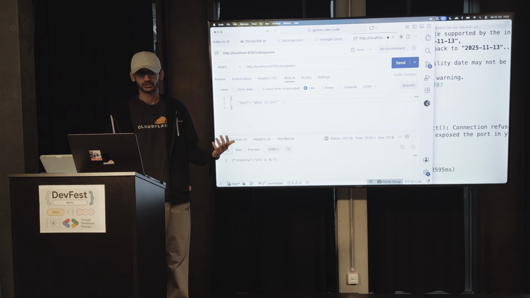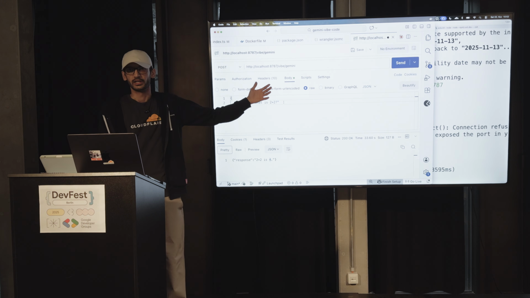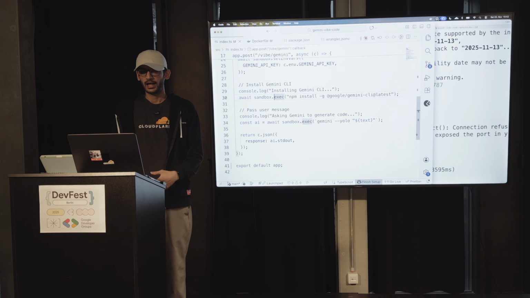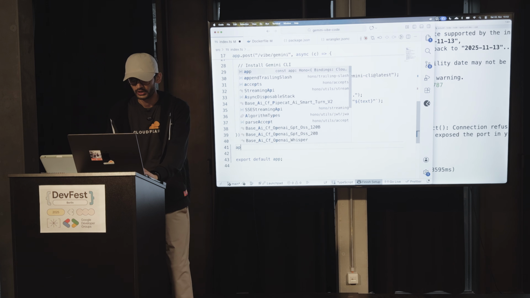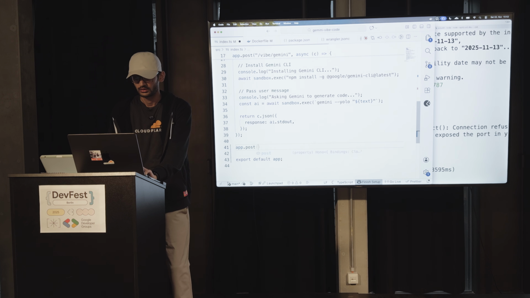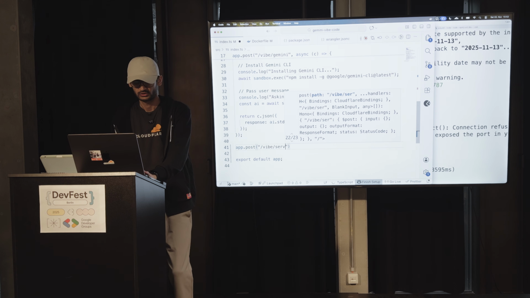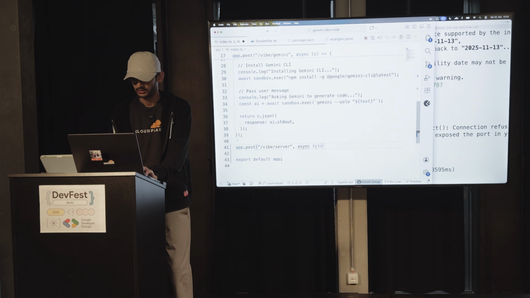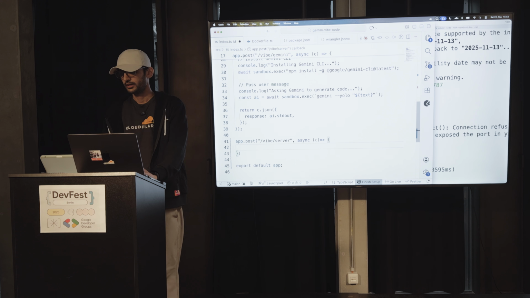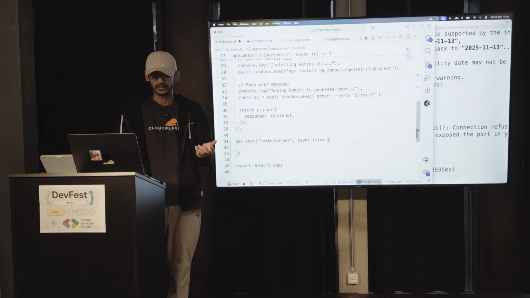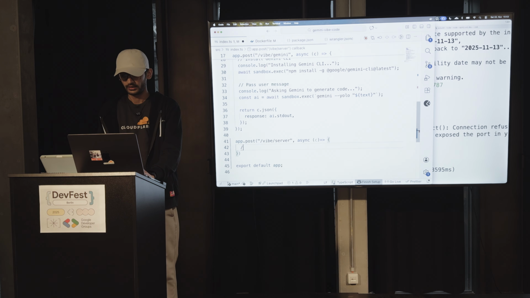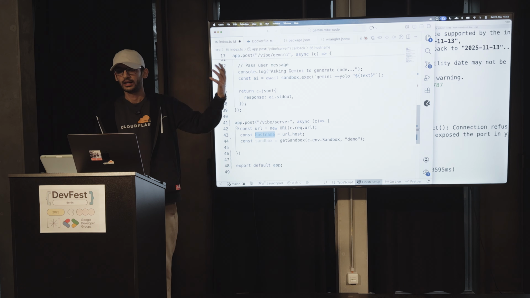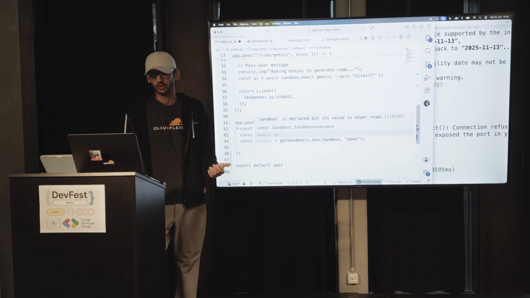But what if you want to build something like the vibe coding platform that I showed you earlier? For that, you can still take the same approach, but add more functionalities to it. So I'm first going to add a new endpoint, which is going to be vibe server, and it has to have a callback. So let's do async. Once I have that, what I want right now is to get the host name, and you will see why I need that. So I'm basically getting the URL information, and from that URL, getting the name of the host and creating a new sandbox environment.